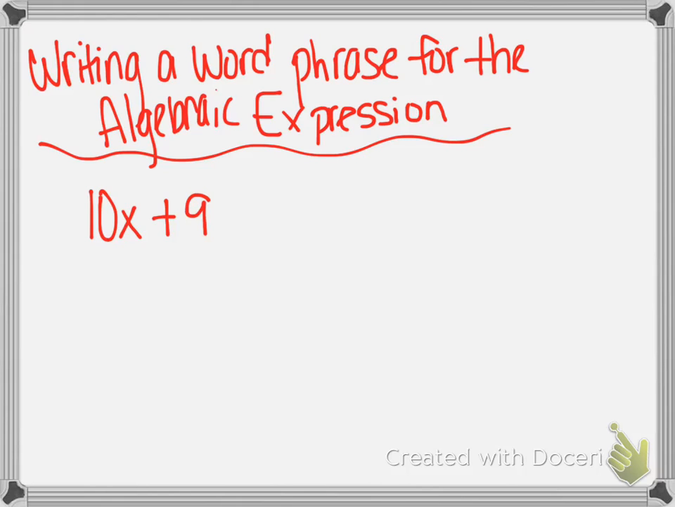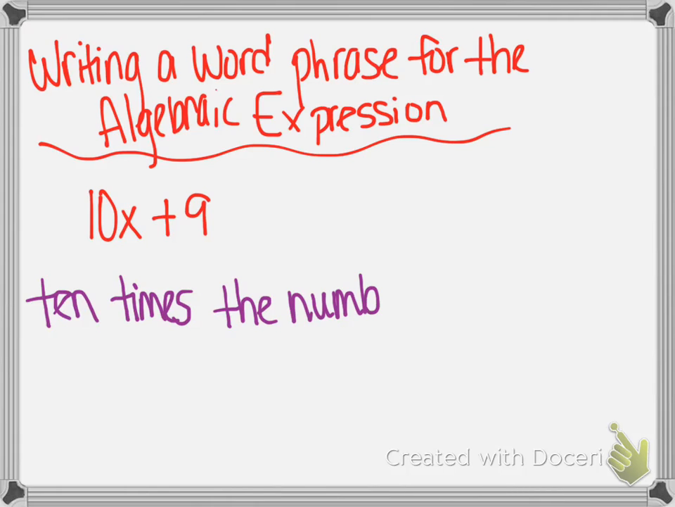So when I'm looking at this, I'm going to keep it simple. I could write a really complex word phrase, but that's definitely not needed. 10 next to a variable means to multiply, so I can say 10, writing out the word 10, times, we're going to say the number x. That way we know we mean x to be a variable. So the number x,